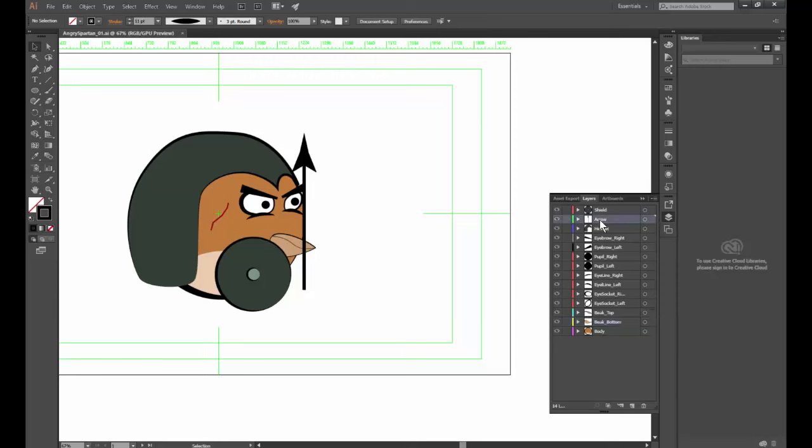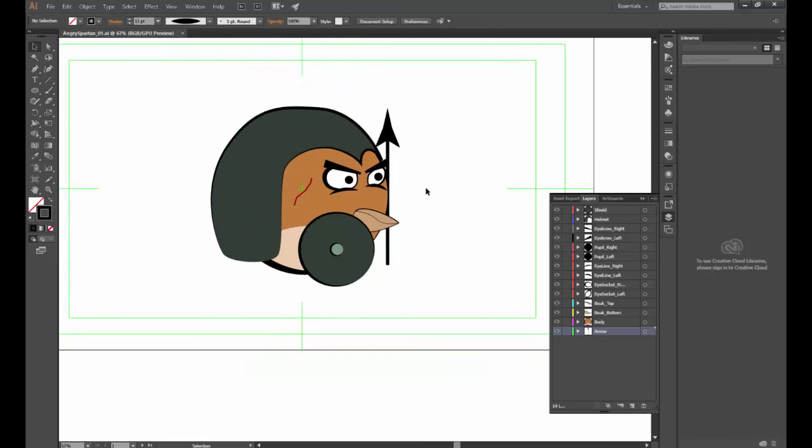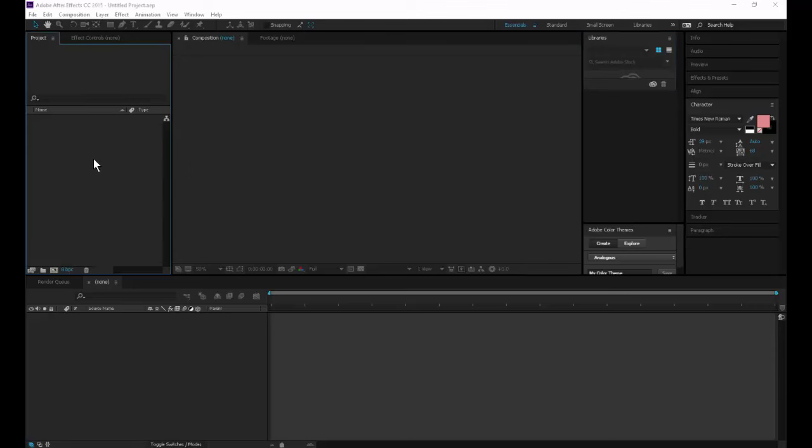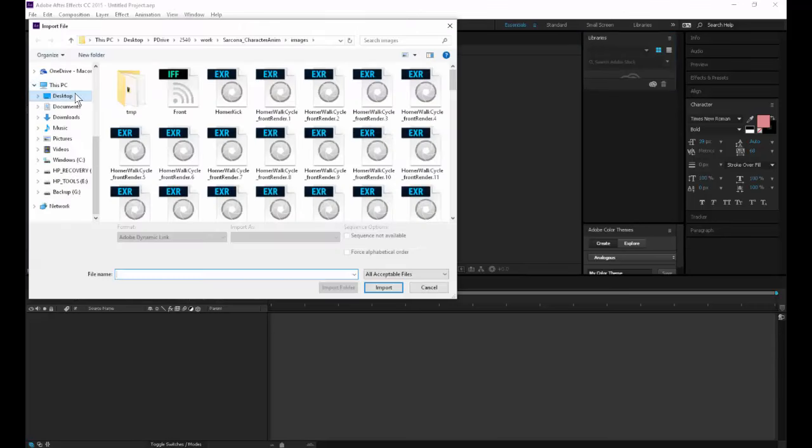His spear shouldn't be so high up. His spear should actually be behind the body. There we go. All right, so I'm going to save that and we're good. So now, just so you can see it, if I were to go into After Effects and double click and go and find that piece of footage,